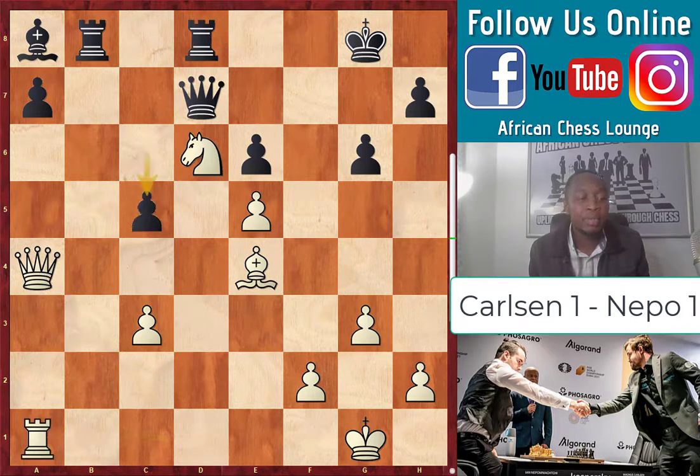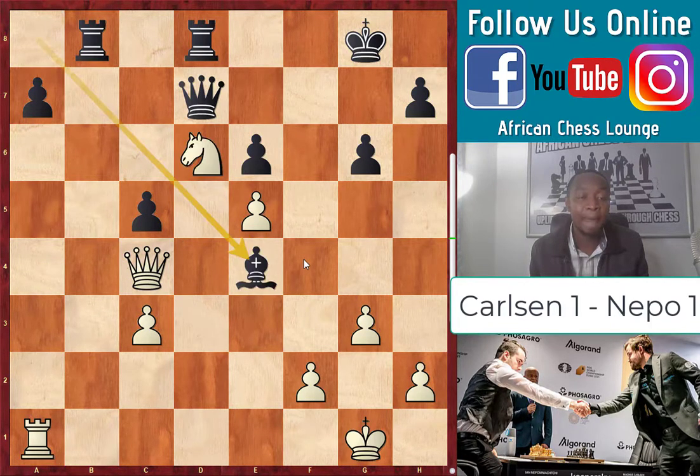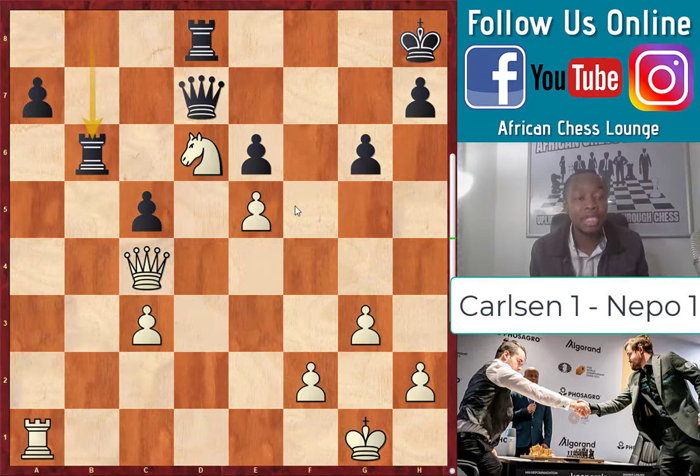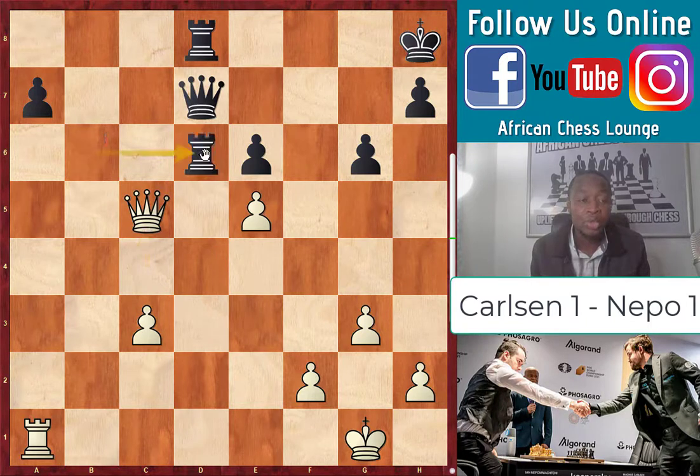We get this position where, because of the knight, white can continue pressing, and with threats, of course, when he takes here, he's threatening knight f6 check, rook b6. Here it occurred to me that maybe after queen c5 he's planning to take on c5, but this would have been a mistake, because after